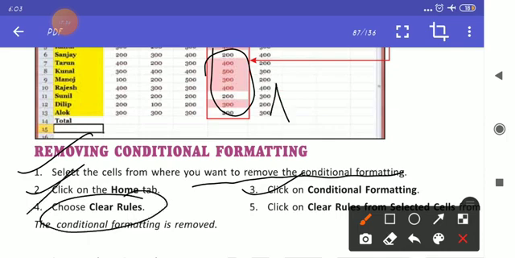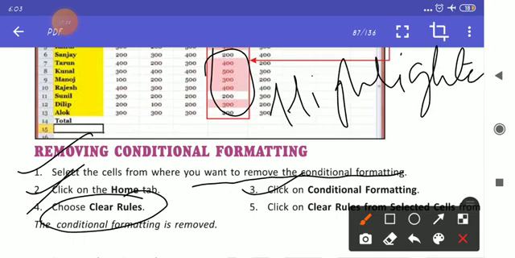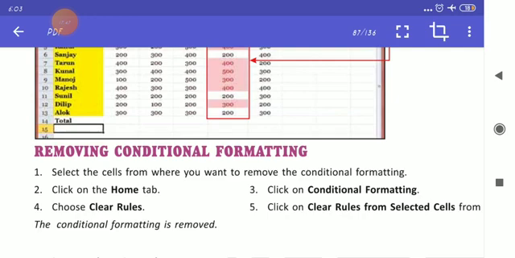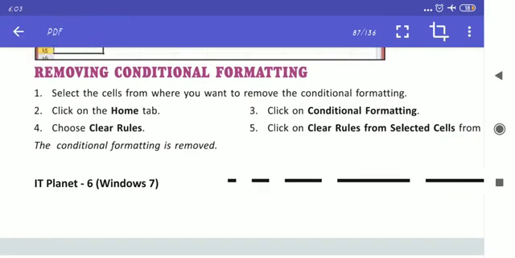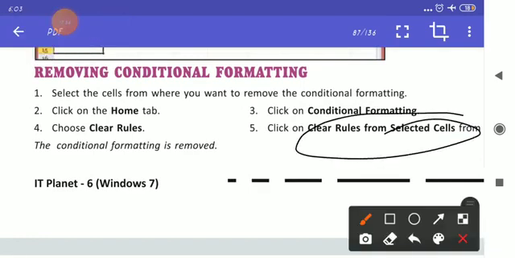As you earlier used highlight rules, here you will choose Clear Rules and then Clear Rules from Selected Cells. Then the conditional formatting is removed. I hope you all have understood how we can do conditional formatting.